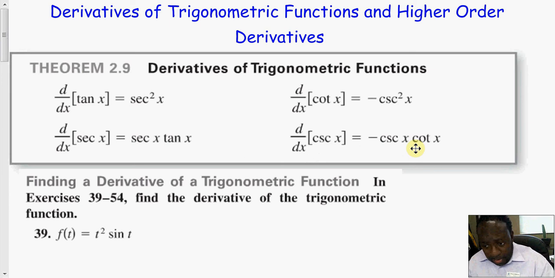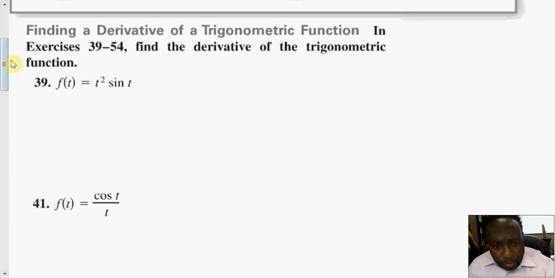Now, the way that you remember the negatives, like I said before, is if you take the derivative of a trig function and the function starts with a c, like cotangent, cosecant, cosine, the result is always a negative. In terms of trying to memorize these derivatives, it's not bad at all. When I was in school, we had to actually prove these derivatives, and once you prove them, you never forget them. But you definitely want to commit them to memory. I have. So we'll start with number